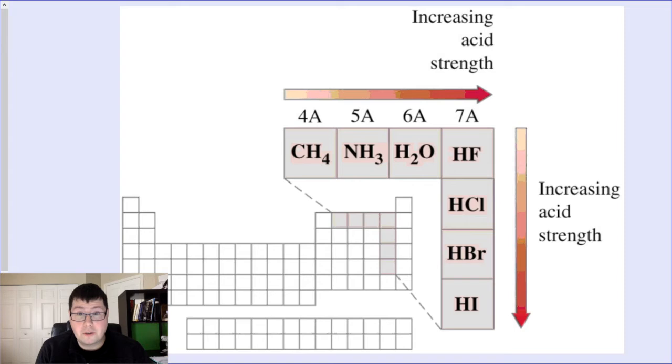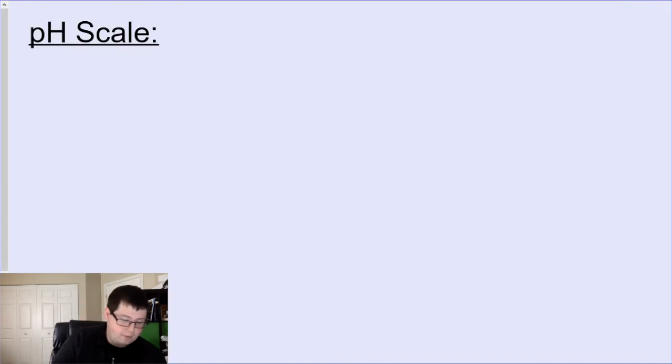That's been acid-base character so far, but now let's take a look at a way that we can actually measure the acidity of something and get into some quantitative details here. The way that we do this is using the concept of pH. Now, the pH scale you might be familiar with so far, but let's take a look at how it was developed first. The first thing we're going to take a look at is just water. If you have water,